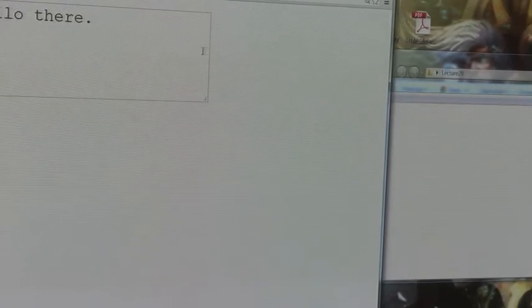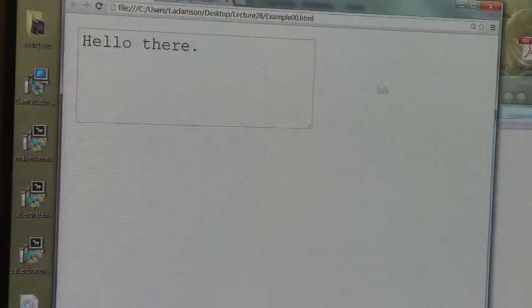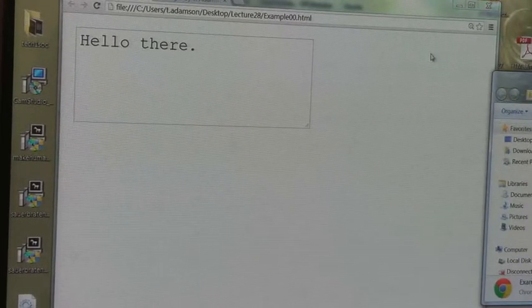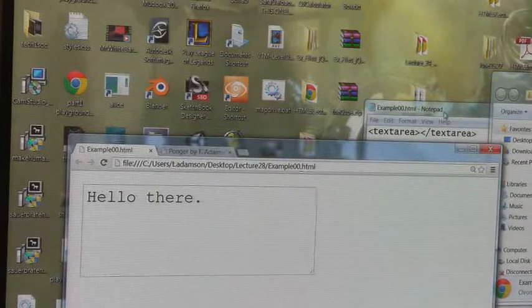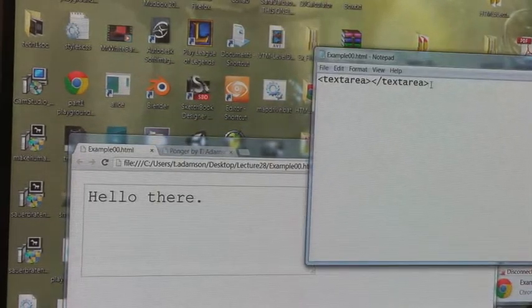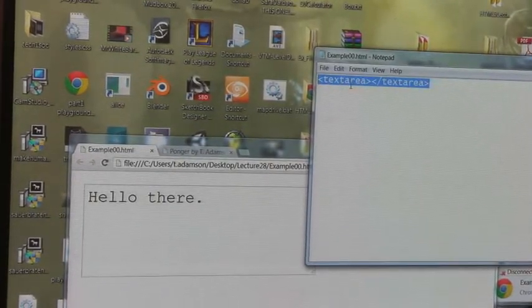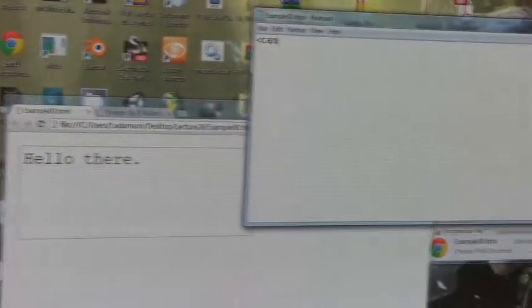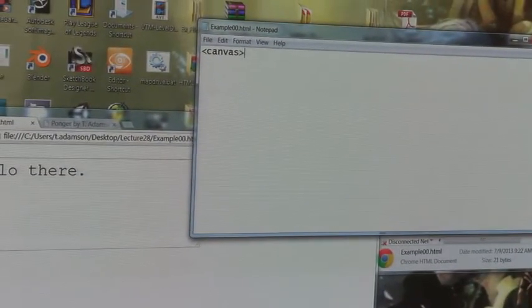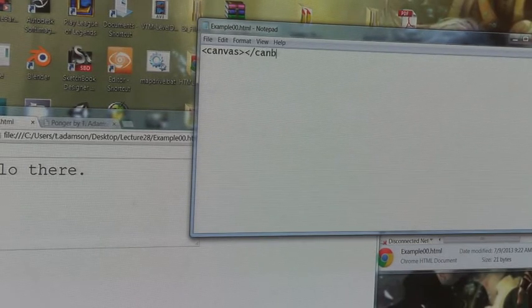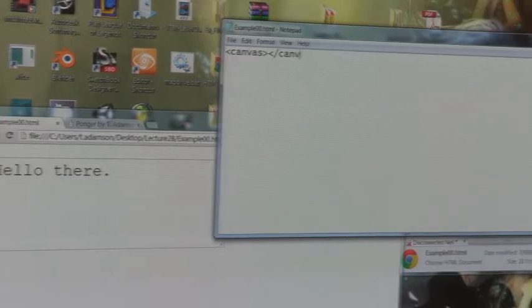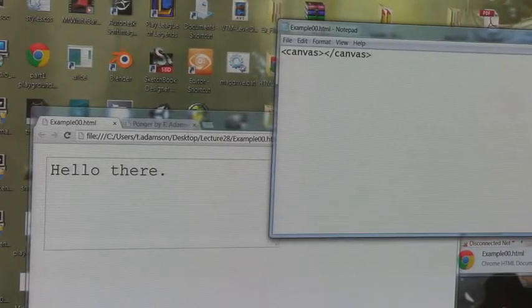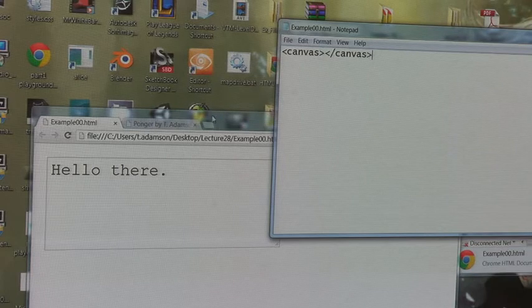If I bring it over to text area, it changes to a line to let me know that I'm in the text area. You see, it changes to a little vertical bar. Okay, I'm going to come back here to the editor, staying on the screen. And instead of text area, I'm going to put in the canvas element, C-A-N-V-A-S, and then I'm going to close it, C-A-N-V-A, whoops, C-A-N-V-A-S, like that,